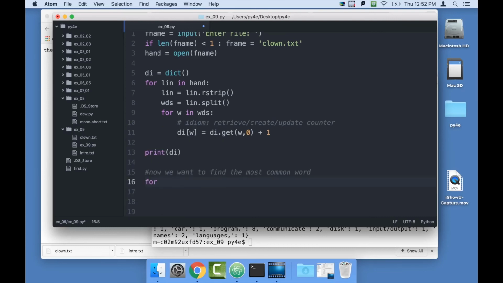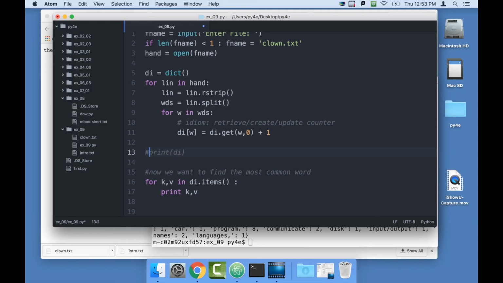For, I would call these variables k and v for key and value, in the dictionary's name dot items. And items is a method inside of all dictionaries that says give me the key value pairs, and we need two iteration variables. So this is like an assignment statement for k and v. K and v take on the successive values for the key and the value. Okay? So if I just now print k comma v,